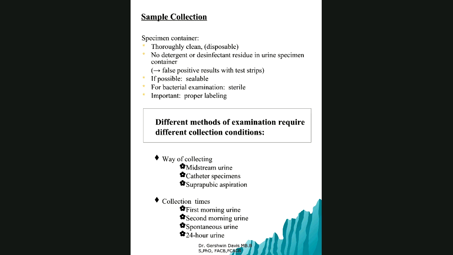Get some reasons why you would want to do a 24-hour urine collection. Yeah, one could be getting an estimation of your total protein content. Yeah, that's one reason. One also is getting a total urine volume, a GFR as well. Okay, so you may also need to do that, or cortisol, 24-hour urinary free cortisol. So those are some important reasons why a physician may order a 24-hour urine collection. It's not listed here in the notes, but that's a little something for you to note. Get some reasons why a physician would order a 24-hour urine collection, maybe just to get an idea of the urine volume or urine output in 24 hours, right?